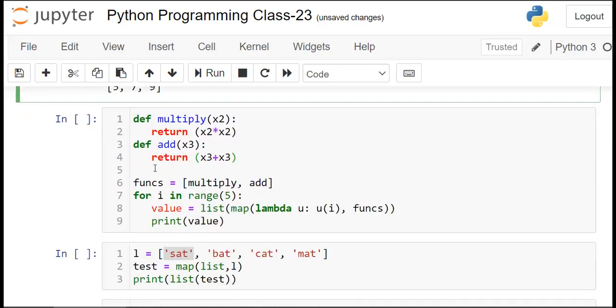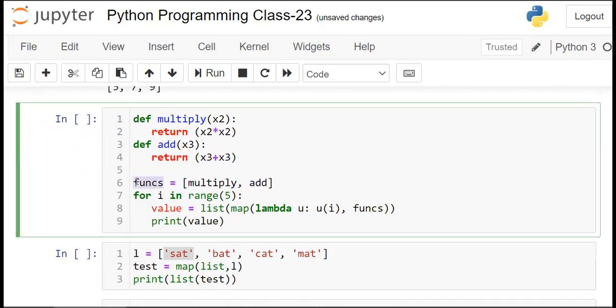Now here, these are functions I've written to multiply 2 things. Okay, 2 things are here. And what will multiply do? It will multiply. What will the add function do? It will add. So 2 functions I've collected, and these functions here we have 2. So multiply, add, both are there. Instead of 1, I have 2 here. Now for i in range 5, value is,